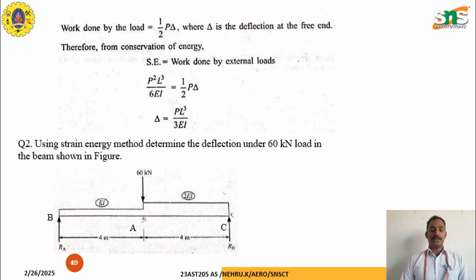Using the strain energy method, determine the deflection under the 60 kilonewton load in the given beam structure. So this is the second problem. Here we are going to find the deflection of this beam, from A to B and B to C. Here the cross section of A to B is EI, whereas B to C is 2EI. The entire beam has an 8 meter span, and the applied load at the midpoint is